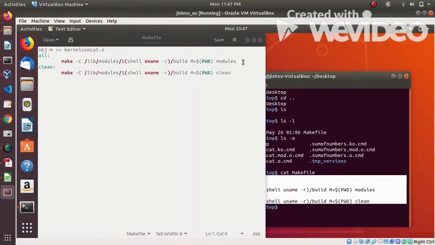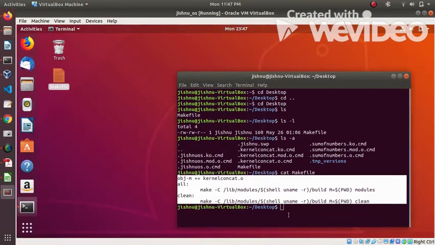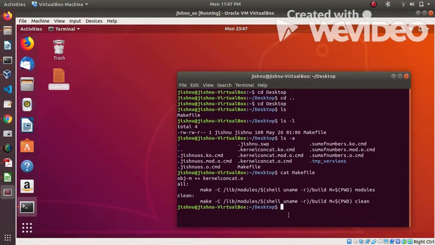So the next command is the wc command. The wc, along with the name of the file, in this case I'm giving makefile, will give you the number of lines, the number of words and the number of characters in the given file. So 5 is the number of lines, 19 is the number of words and 160 is the number of characters in this given file.